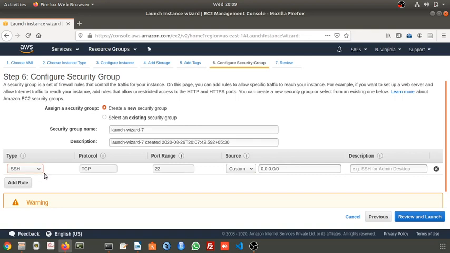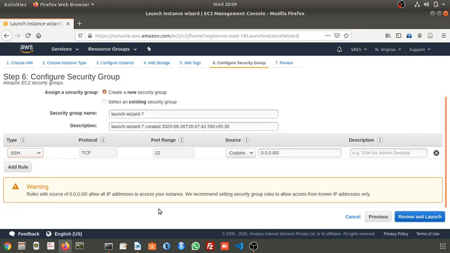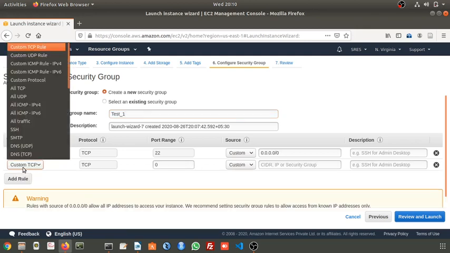Okay. So now I will add this security group. You can give a name for this. I will give it as test one security group. I am just enabling this SSH. Okay. As there is no other security type like HTTP enabled in this group test one, you cannot access any web application which exists in this machine. Okay. If you want to access the web application, you have to enable HTTP. For this, you have to add a rule. Add rule. Select HTTP.